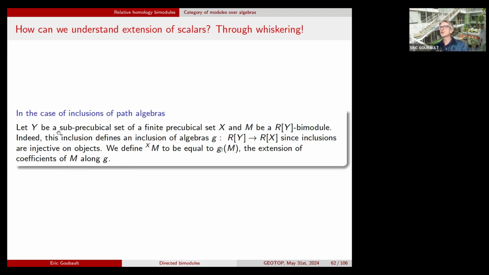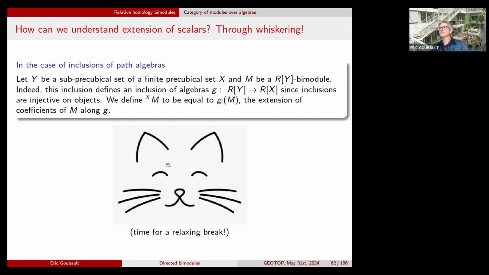when you have a sub-precubical set Y of capital X. What happens? You have a map, it's injective, right? This inclusion of Y into X. So I have a map of algebras from the path algebra of Y into the path algebra of X. And I'm going to tell you what this MX thing is, which is the extension of scalars, of coefficients, of M along G. Okay, so if you look at that,